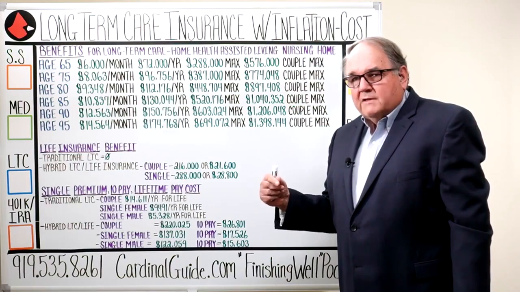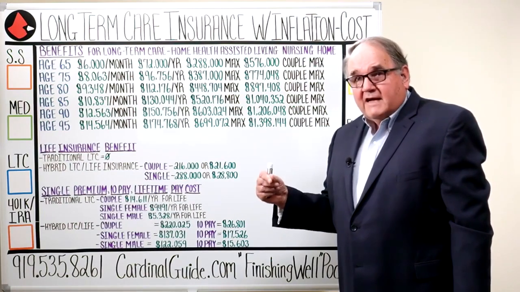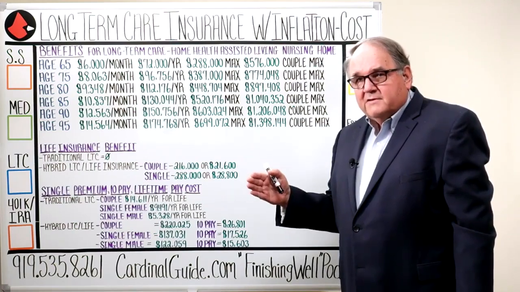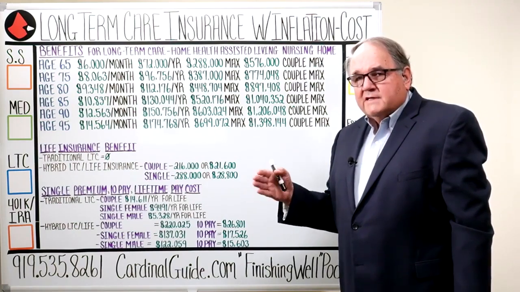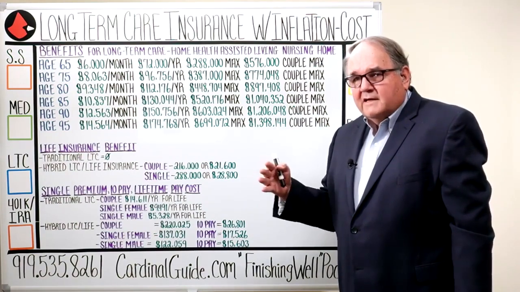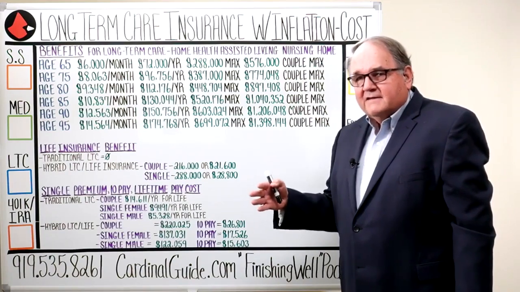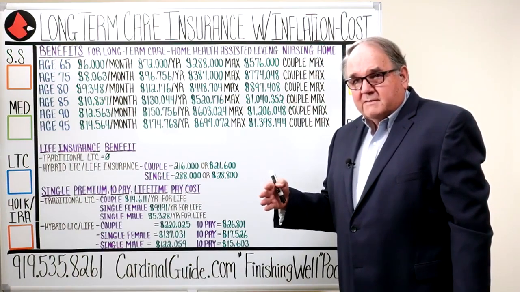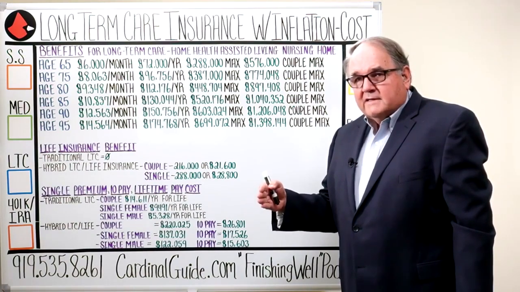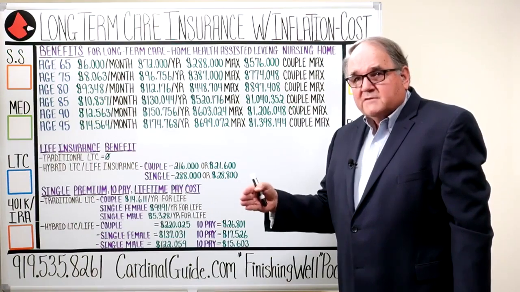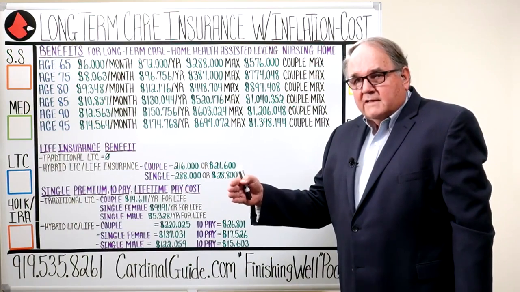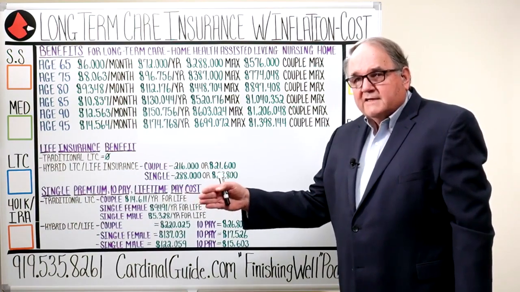Really, the Pension Protection Act created it under the tax law, under the IRS, made it feasible to do this tax-wise. And what this is, is a life insurance policy that has a long-term care policy buried or baked right inside of it. So it's a policy where you pay a premium, a significant amount of money if you pay it in a lump sum, a single premium to the insurance company, and then either you or your heirs are going to get something out of this.